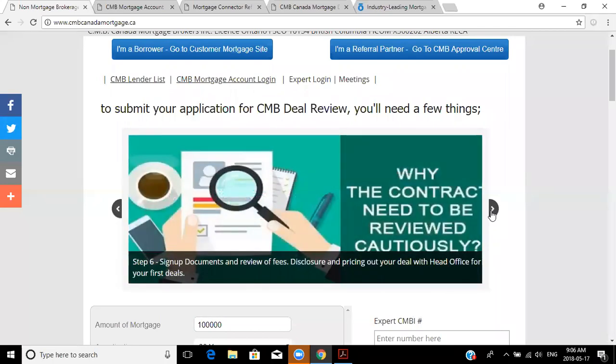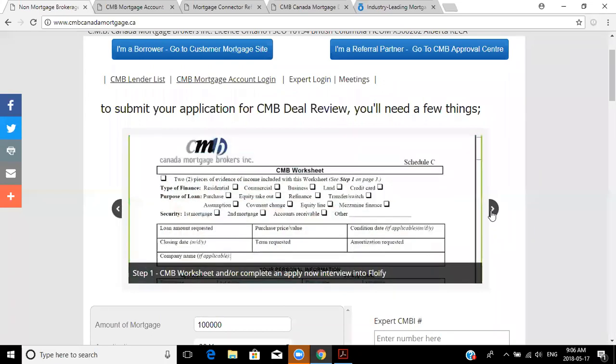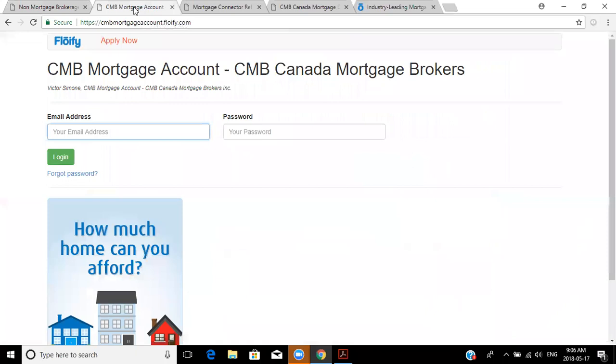Also, what's important is that once you have an approval, I help you with your first sign-up documents. It's very important that you're charging the right fees, and then it starts again. So that's it in a nutshell. It's pretty easy. The next website I'd like to show you is